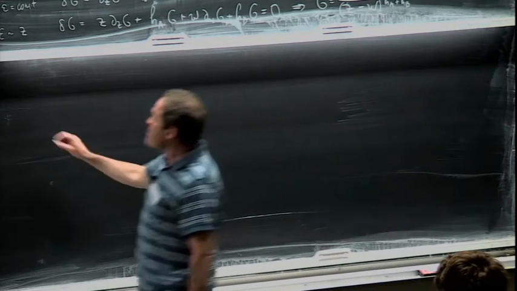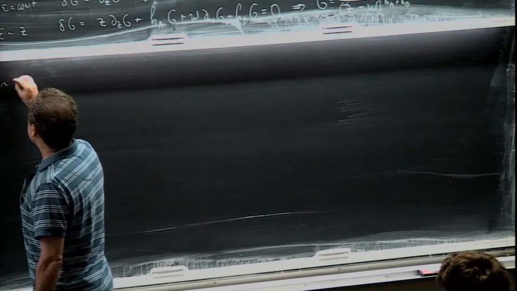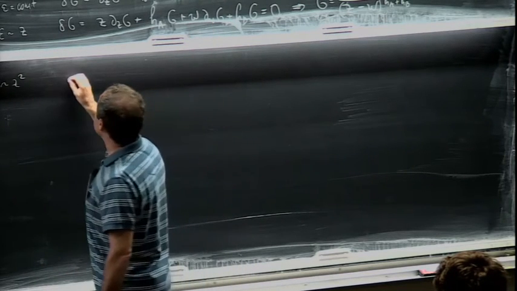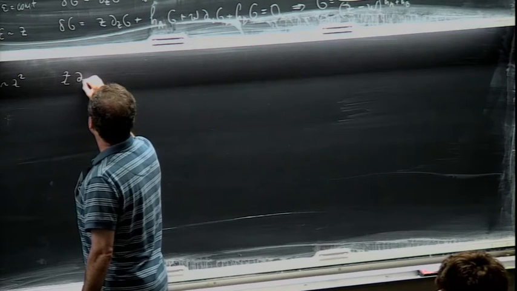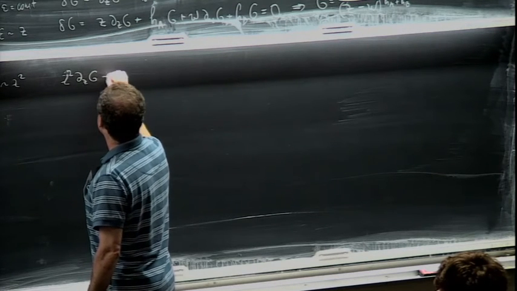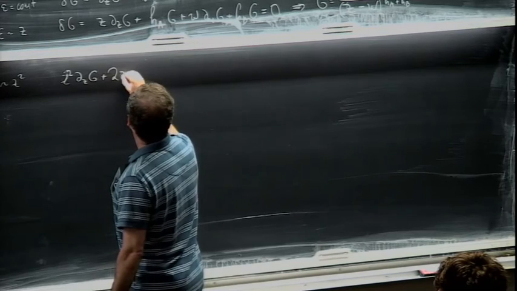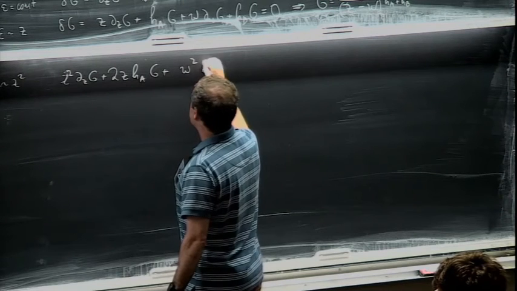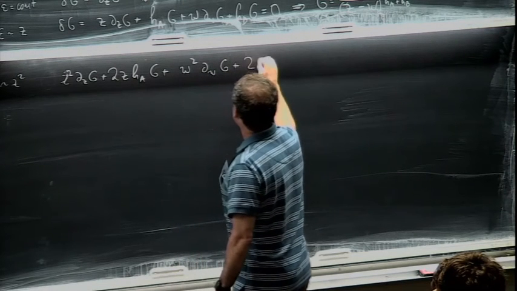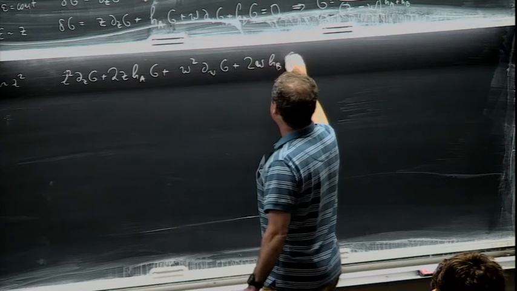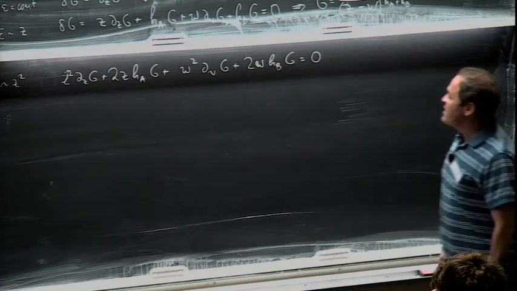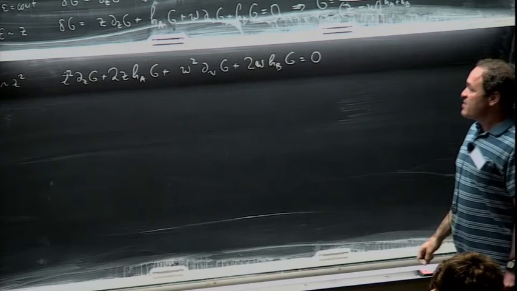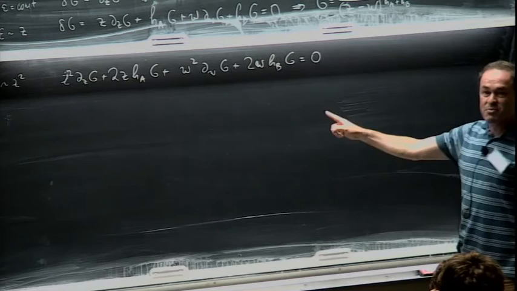But now we also have conformal transformations where epsilon is proportional to Z squared. And we can apply that rule again. And that rule tells us that Z squared ∂_Z G plus 2 Z h_A G plus W squared ∂_W G plus 2 W h_B G equals 0. And now here, of course, we have to plug in this form now with an arbitrary constant. And so that's possible to do, and I don't want to do the algebra, but the outcome of this algebra